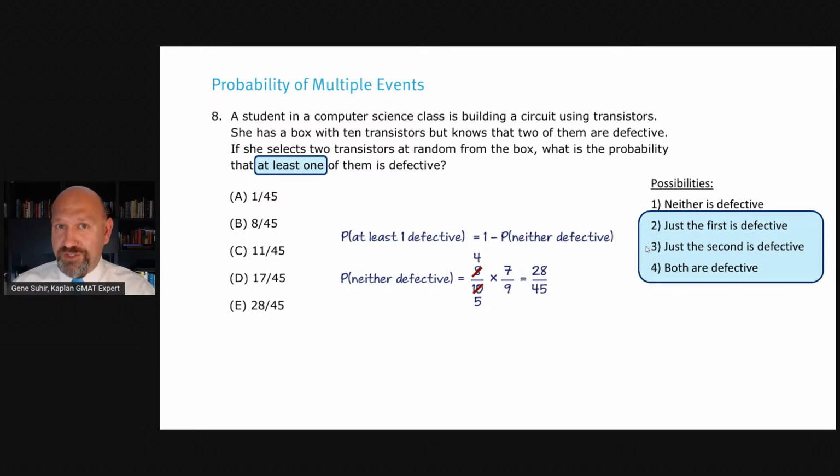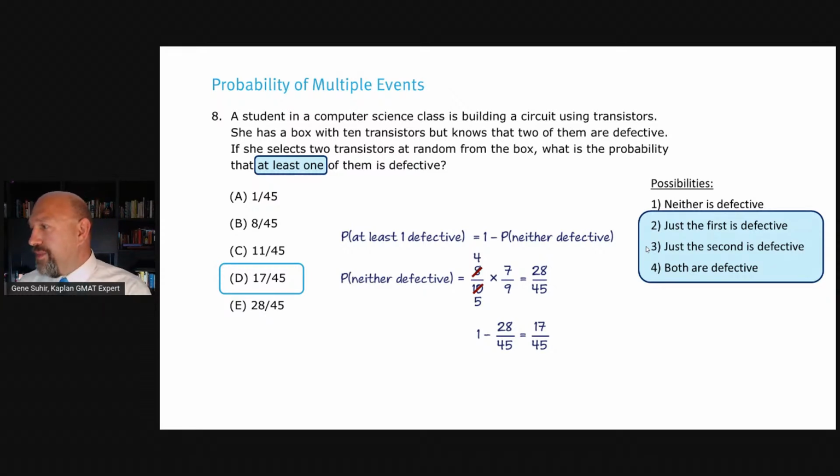That is a trap answer here. That is answer choice E, because then we have one more step to do. That would be what's non-desired, subtract from 1, 17 over 45. That then is desired. And other phrases that would include, Caleb, similar to at least, that would indicate that that's the strategy to take to figure out what's non-desired and then subtract from the total would be at least,